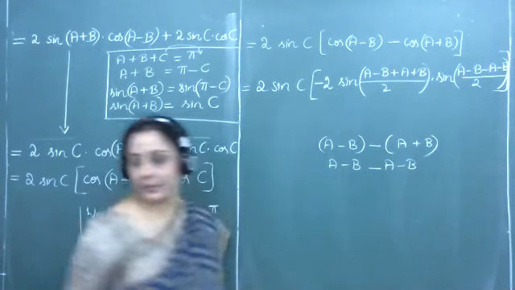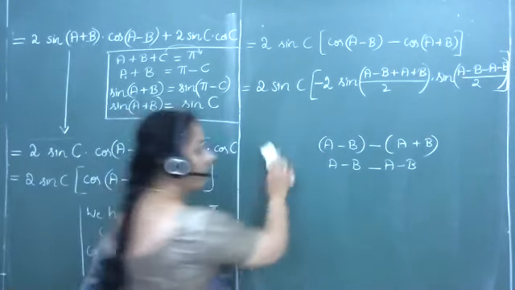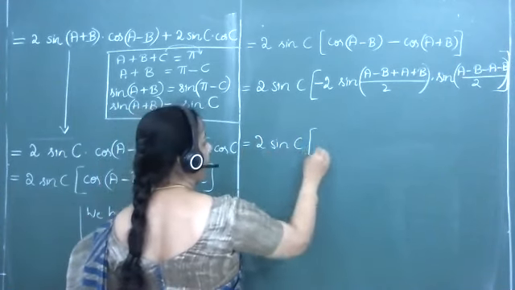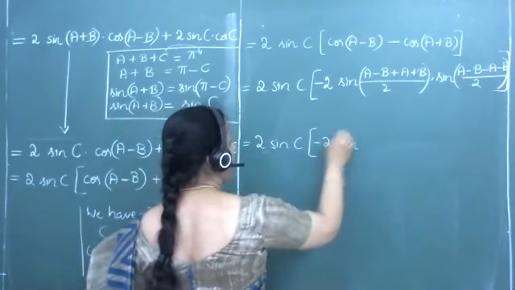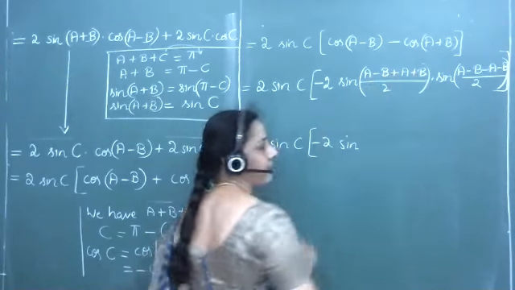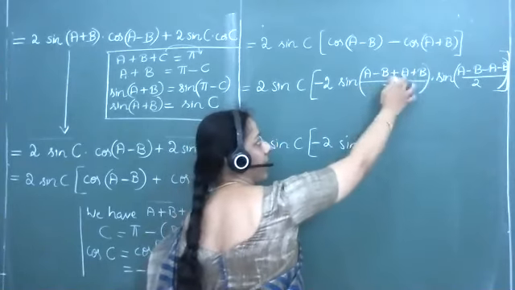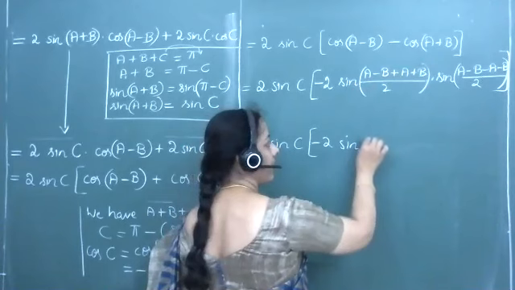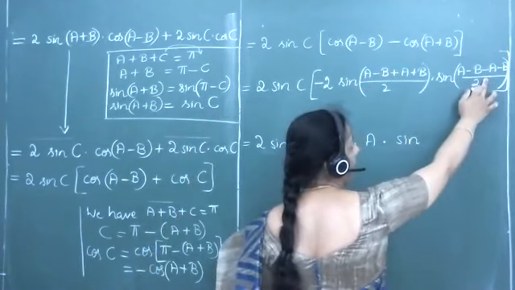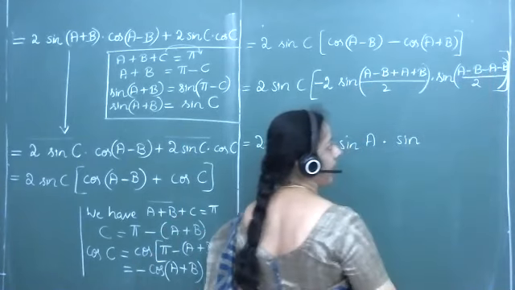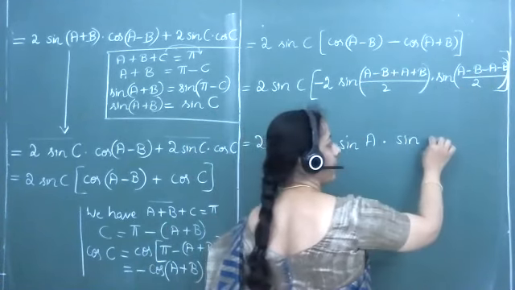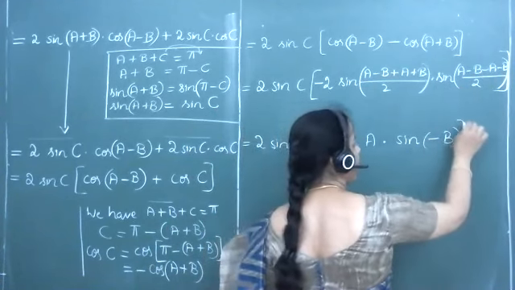Now we further simplify. This is now given by 2 into sin C multiplied with minus 2 into sin of. Here for the first angle, minus B plus B, it is equal to 0. A plus A, which is equal to 2A divided by 2 changes to A multiplied with sine of. And for the second ratio here, plus A minus A get eliminated. Minus B comes as minus 2B divided by 2 is minus B.